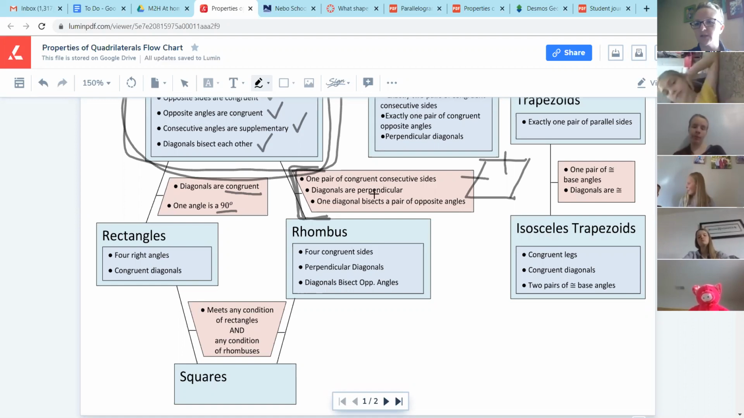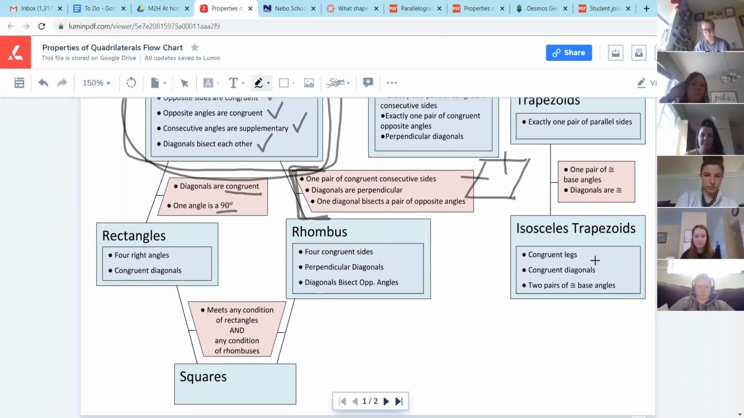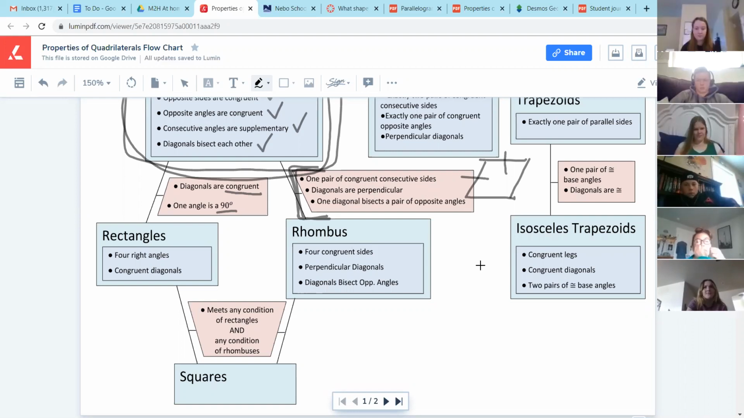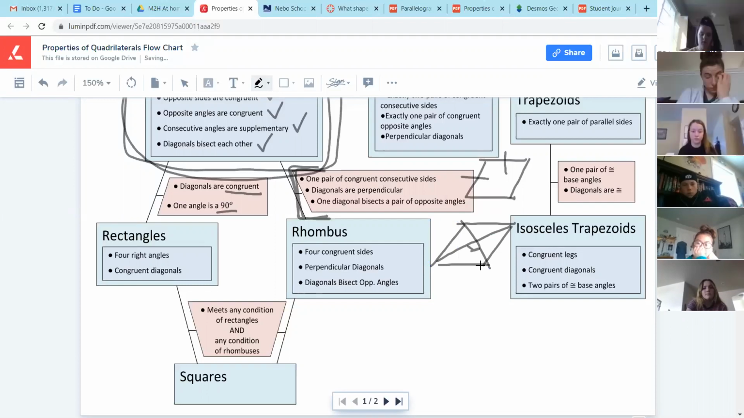Diagonals are perpendicular. What does it mean for diagonals to be perpendicular? Somebody unmute yourself. What does it mean to be perpendicular? Makes a T. Yeah, it makes a T, and it makes a right angle. So if I have a shape and the diagonals make a 90-degree angle, close enough. So if the 2 diagonals make a 90-degree angle right here,